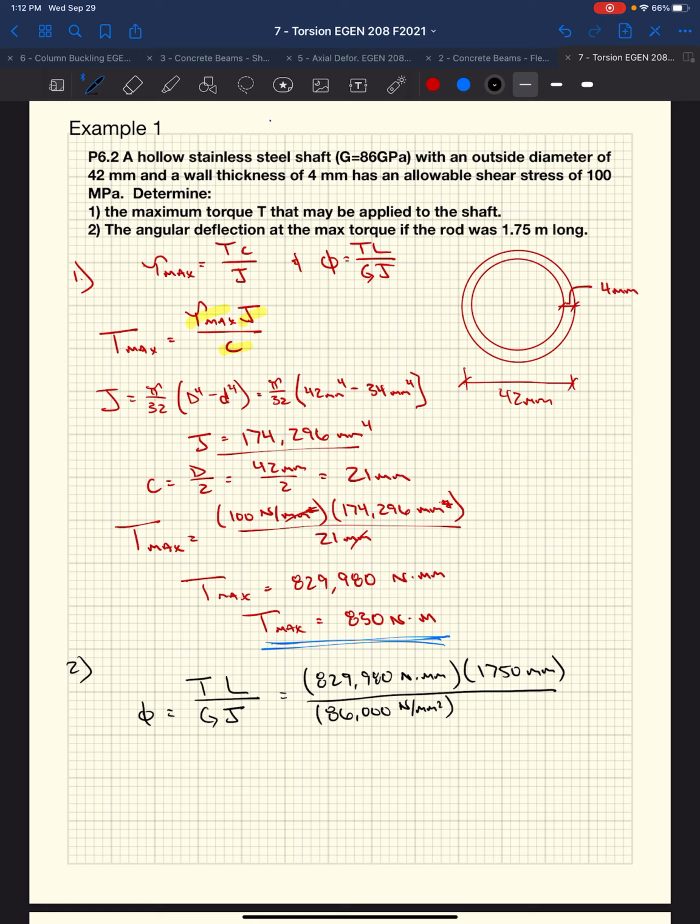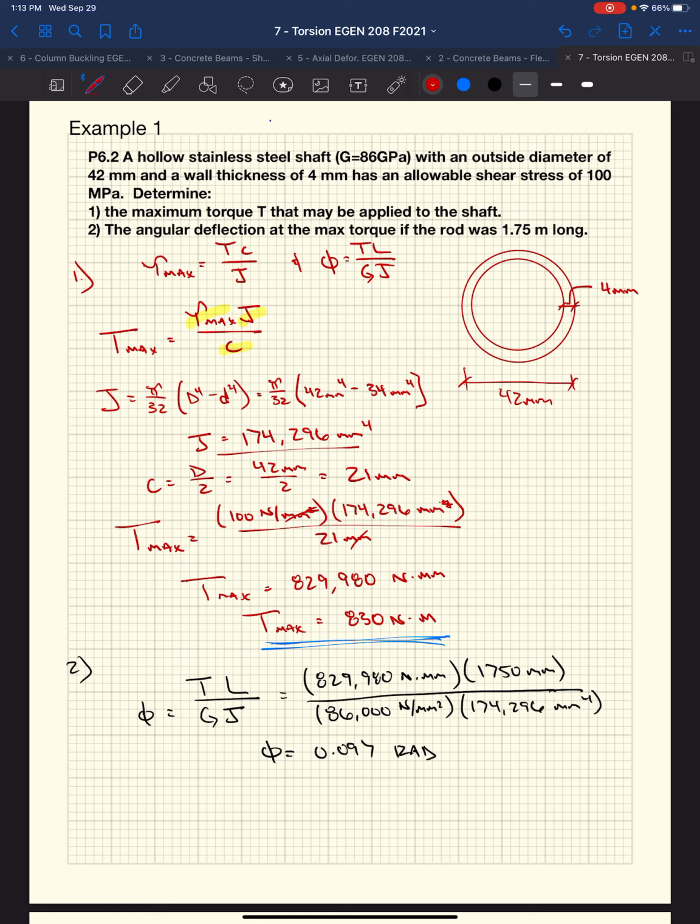A megapascal is a newton per millimeter squared. And our polar moment of inertia we calculated was 174,296 millimeters to the fourth. With a phi of 0.097